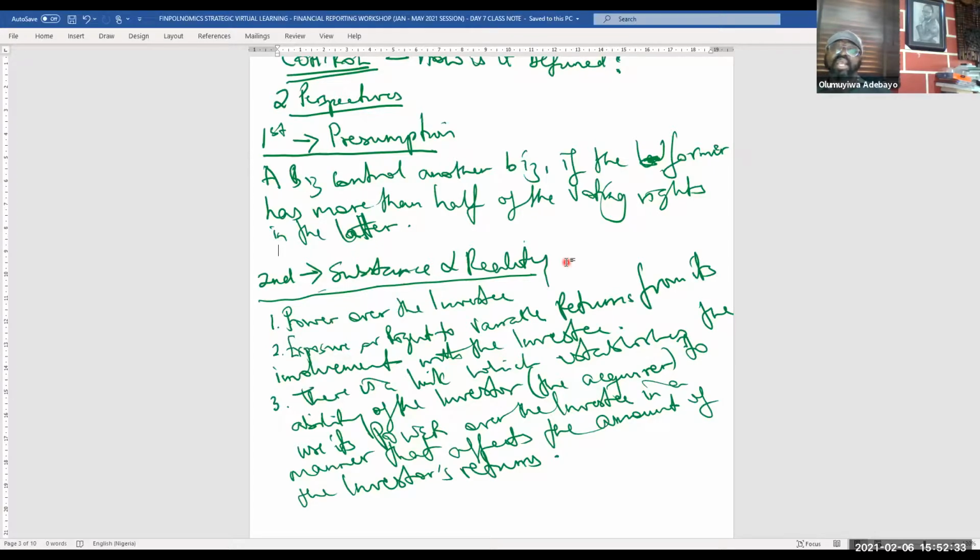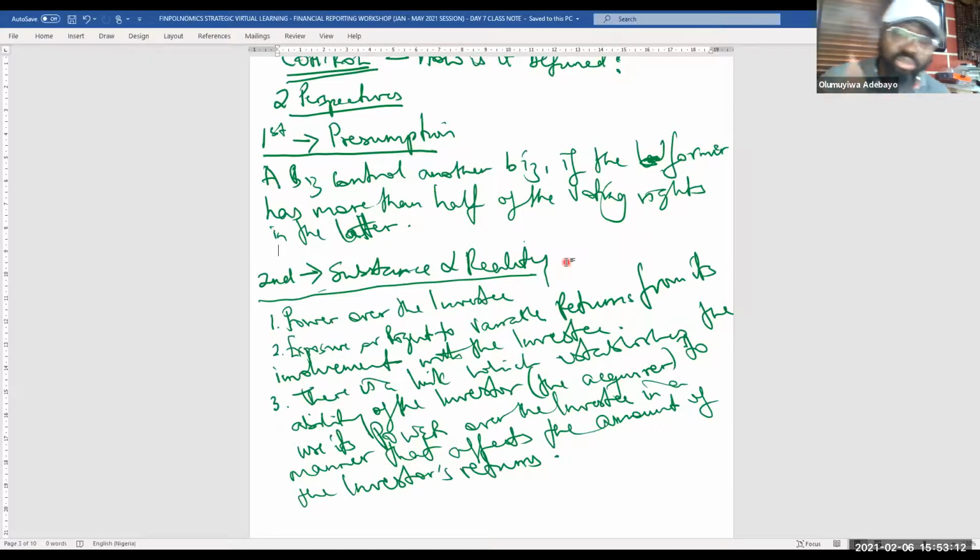We have seen situations where you might be put in charge of something, but you don't control the situation. It's because you have the power, and that power can give you what you deserve, but because you lack that zeal, you lack that capacity to exert such a power towards driving your process or deriving your objectives. But for control to exist in its real sense, those three things must be present at all times.